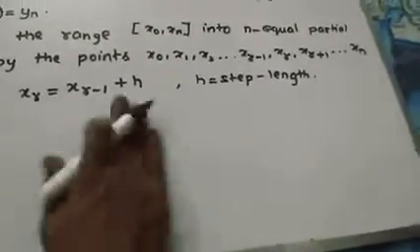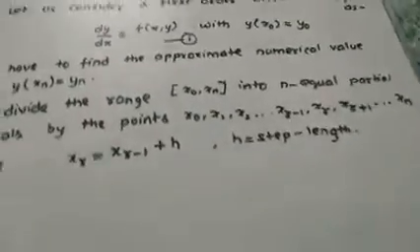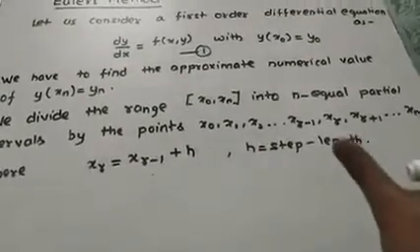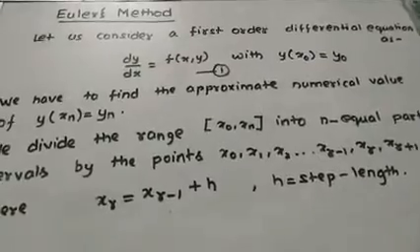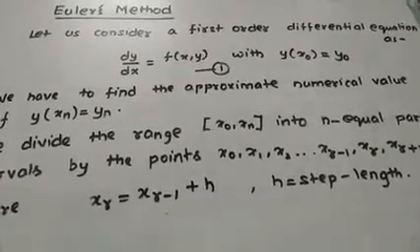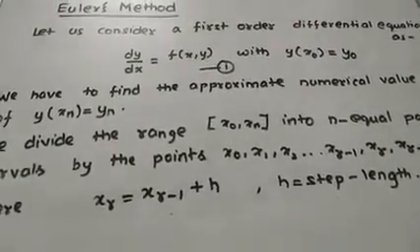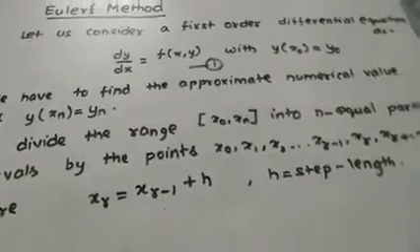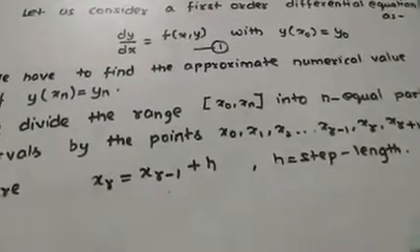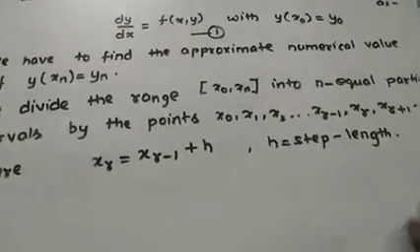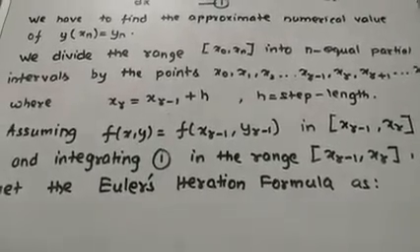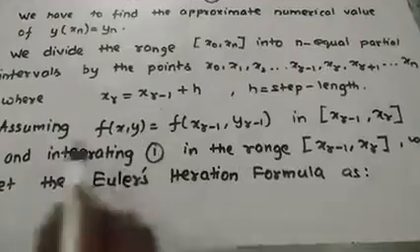Okay, so this is the theory. You have to write the theory in this way only. When it comes in exam, if the question comes like that, derive Euler's method formula, then you have to write in this way. Okay, now after that, what we write, after that you will write, assuming, this line is important,